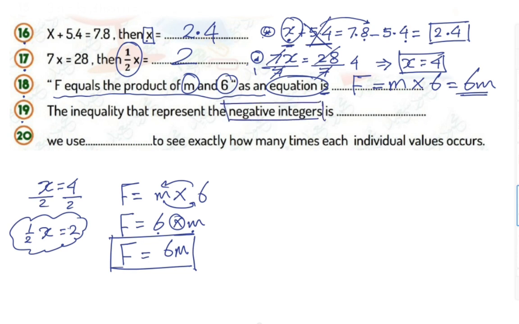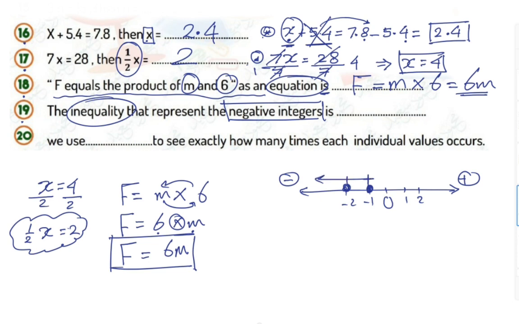With -1, -2, and so on. We need to write some inequality to represent these negative integers. From the number line, we have 0 in the middle and 1, 2, 3 in the positive direction, and in the negative direction we have -1, -2, and so on. So negative integers start with -1, -2, and go in this direction. Any number that starts with -1 and is less than -1 works for this